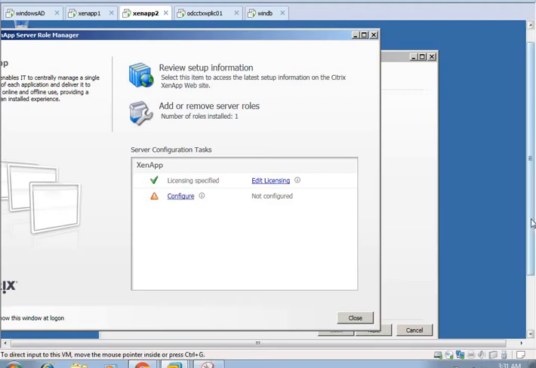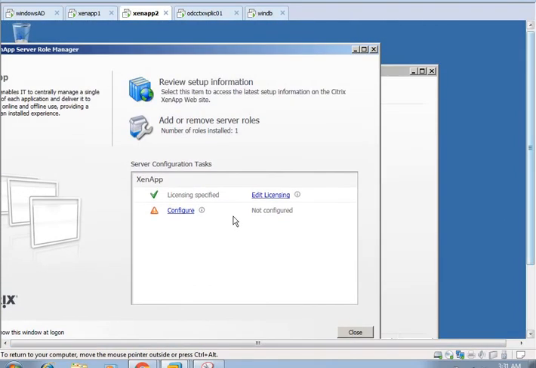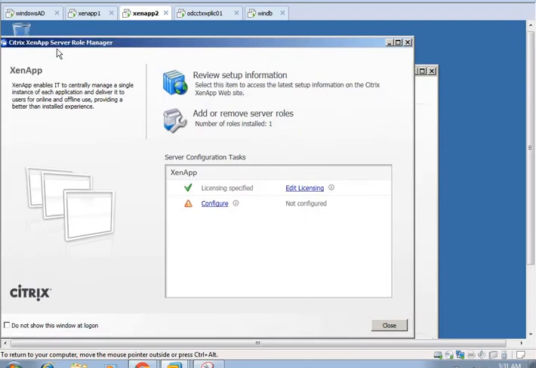So don't try with the application console, Add Remove Programs. If you remove this application from Add Remove Programs, you will not be able to remove the complete files of XenApp. So always for the removal purpose use XenApp Role Manager, and from here you can use the add remove server role, and from there you can remove XenApp.